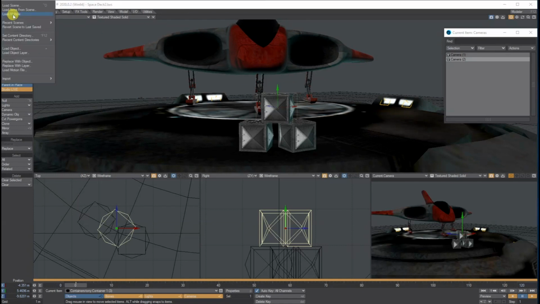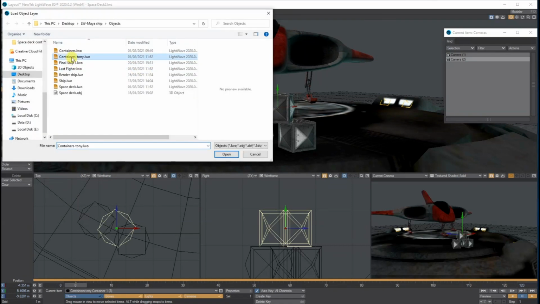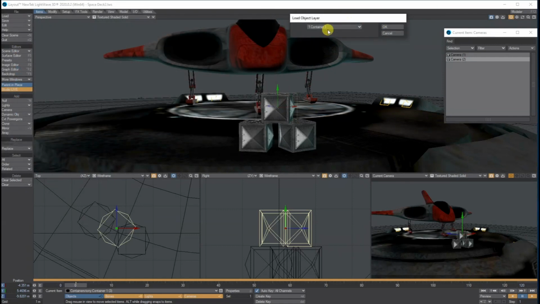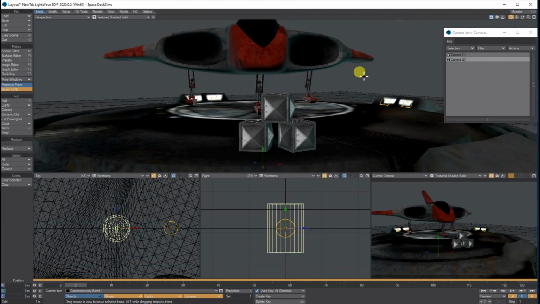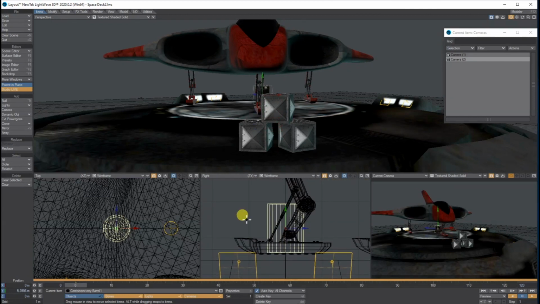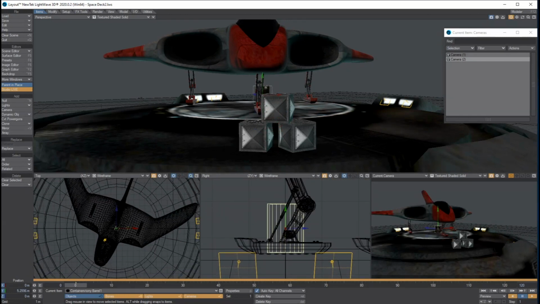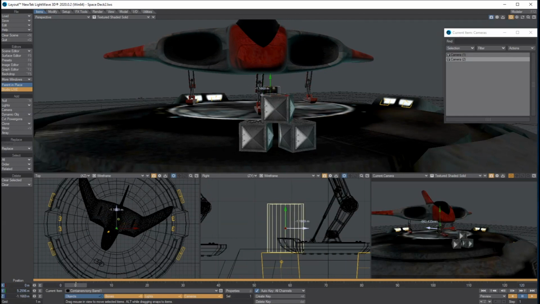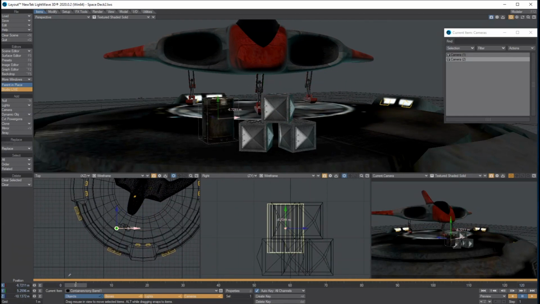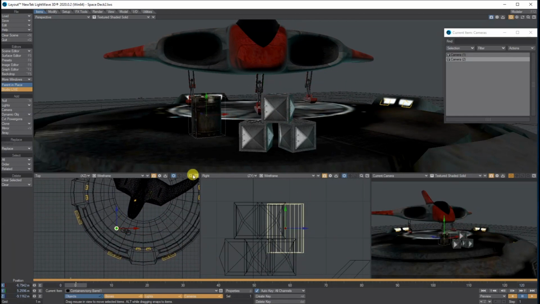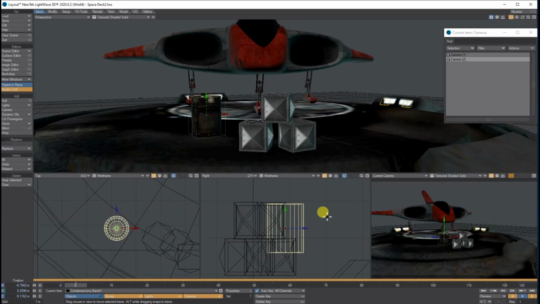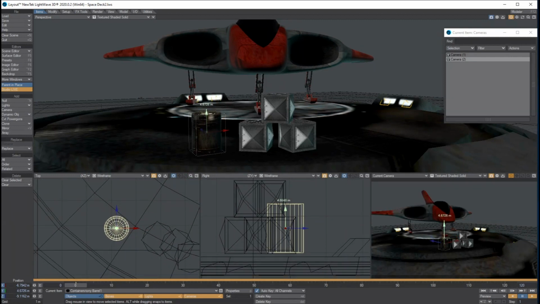So let's load another one in. Again, load an object layer, same object file. This time let's do the barrel, and let's pull this up, and in the top view let's move it over here to where the other ones are, making sure it's on the ground.